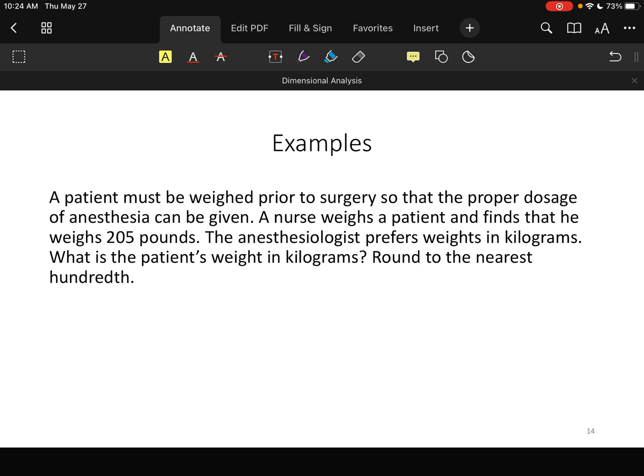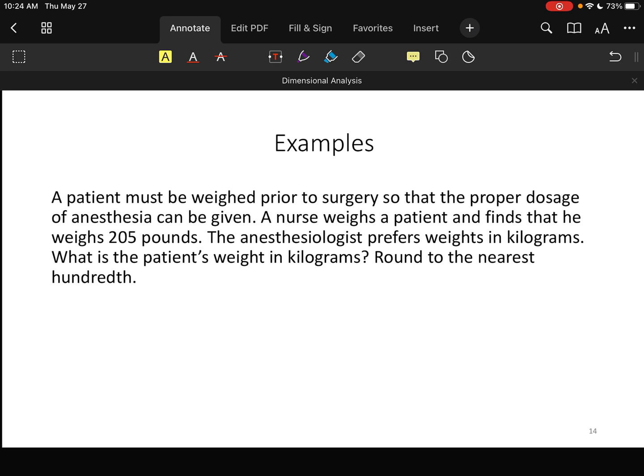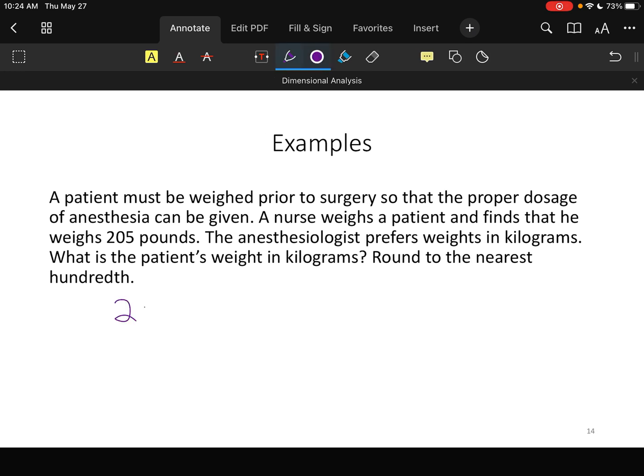Okay, so what is the patient's weight in kilograms? I know that if you mess this up in a real-life context, people die. So that's what I'm saying: don't rush, take your time. So it's a 205 pound person, not a kilogram person, and we want the weight